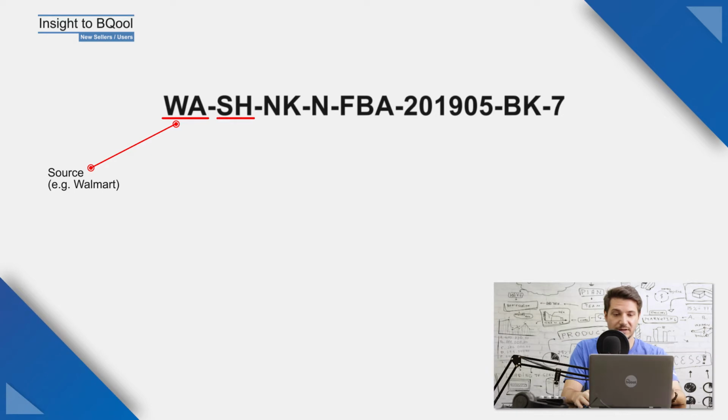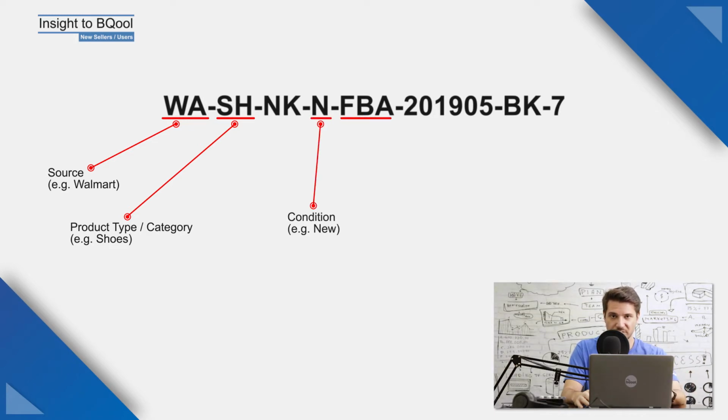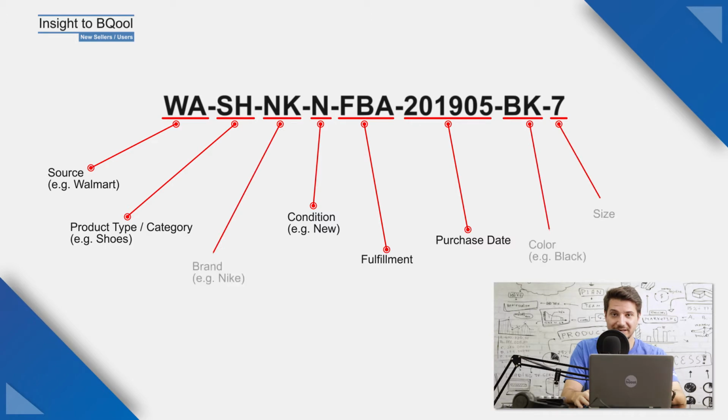After that, you can put what kind of product it is. If it is shoes, if it is clothes, you can put just a few letters from those words just to make you remember. And you can also put the condition, if it's used or new, you can put the fulfillment type, you can put when you bought the product, and so on. One suggestion I give is to also put the category of your product, because the reports we receive from Amazon in BQool, they don't include that information. So you can put it in the SKU and you're going to use it later for your filtering, for example,